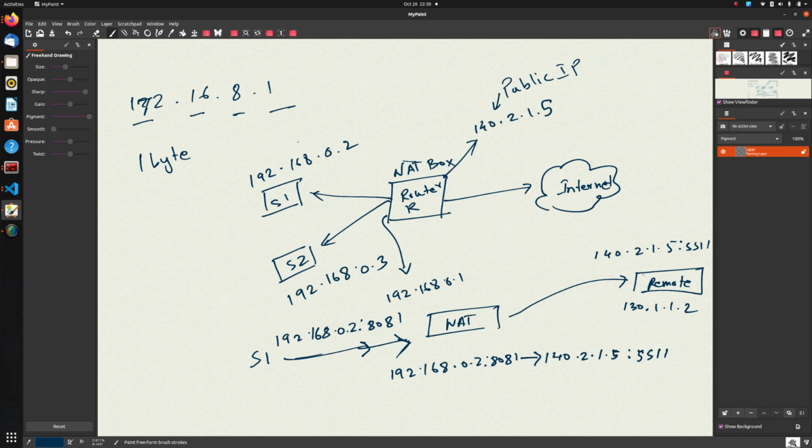the remote server has no idea of the actual private IP address of S1, and neither should it know, nor does it need to know that, because this address 192.168.0.2 is never publicly routable. It will never be able to reach S1 using that address. So the remote server will send back this packet to the destination address 140.2.1.5:5511, and when the response packet